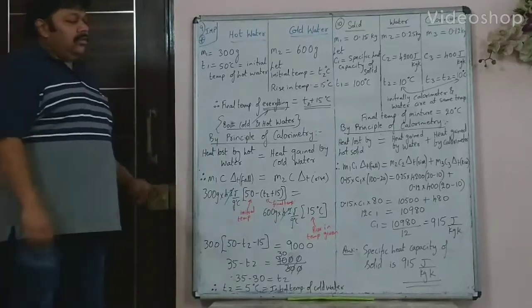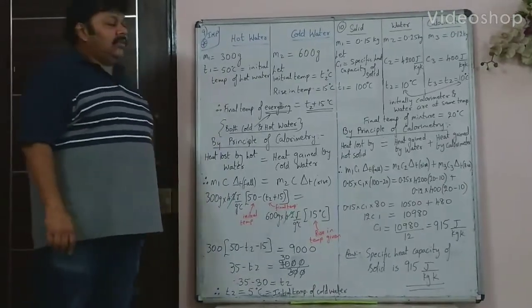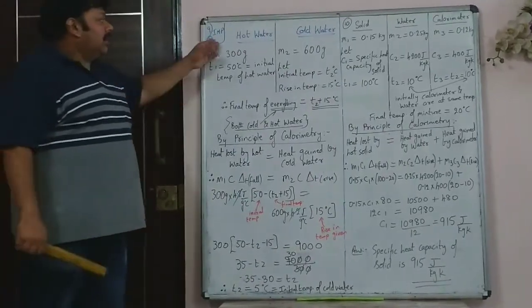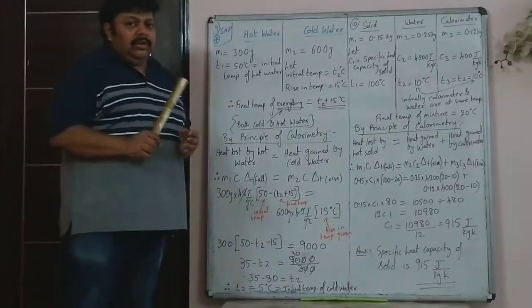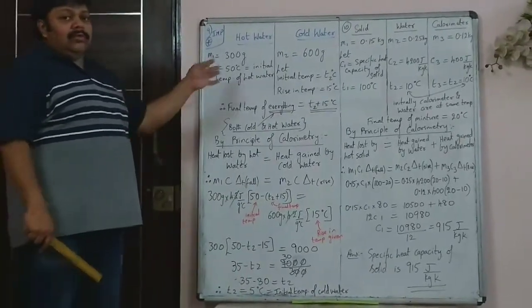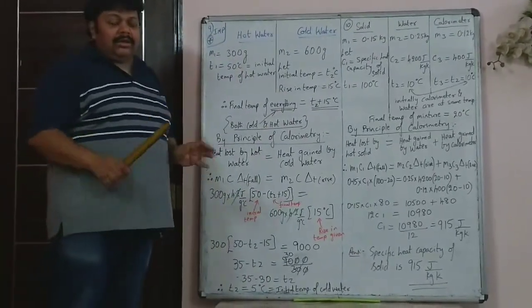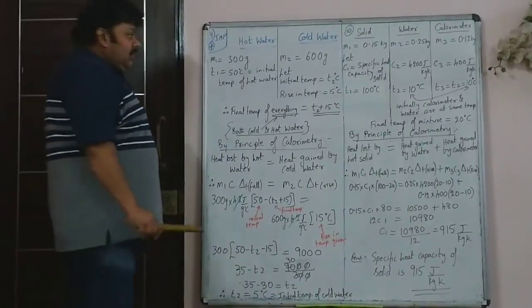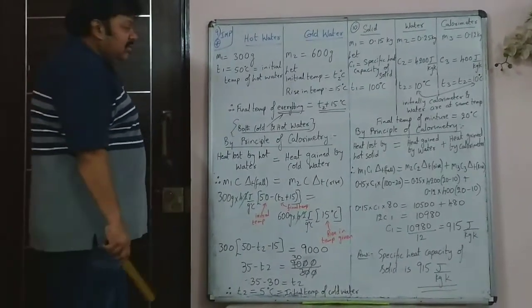Yeah. Students, we are continuing with calorimetry, the ninth sum. Mark the ninth sum important because, if you think a bit, in this there are only two things, hot water and cold water. So it is direct, there is no calorimeter, so the third thing is not there, which is there in many of the previous sums.